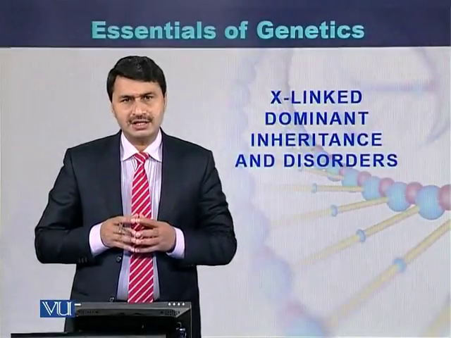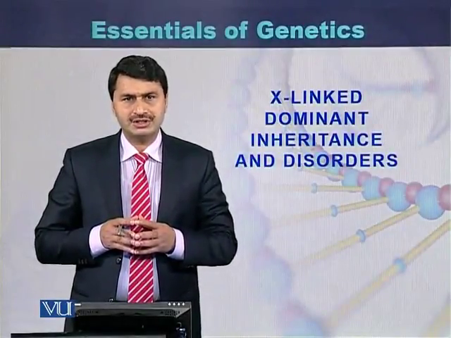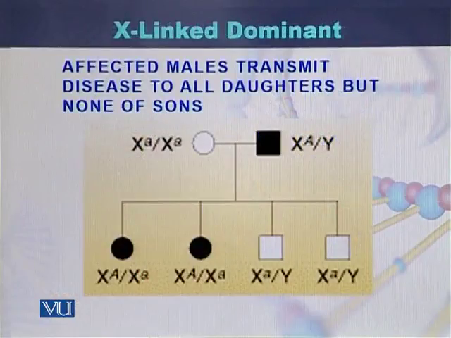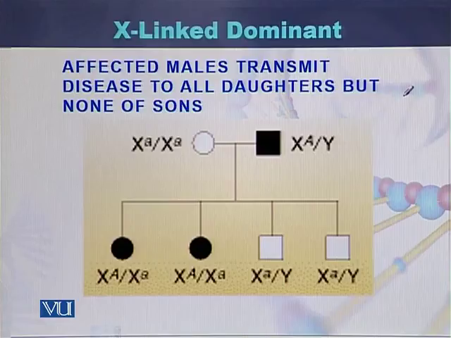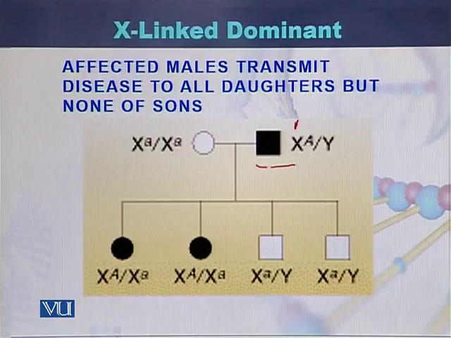X-linked dominant inheritance, or X-linked dominant diseases. We see here that in case of X-linked dominant inheritance, the affected male would transfer the disease to all the daughters. This is the affected male who has an allele, that is A. A is for affected. So if there is an affected allele with the father, in each of the daughters he will